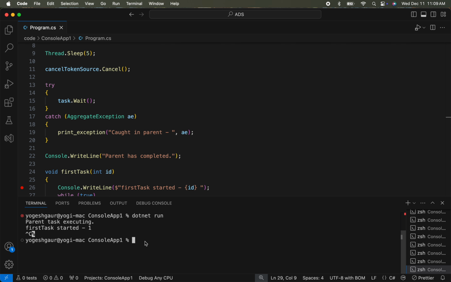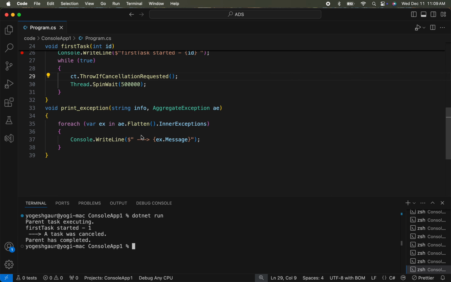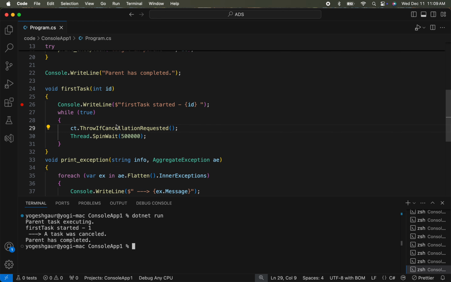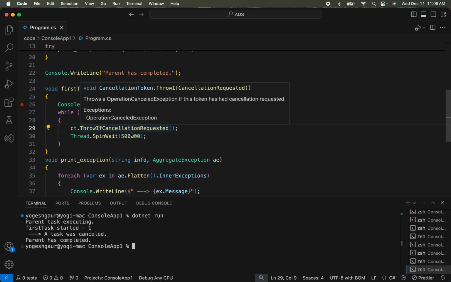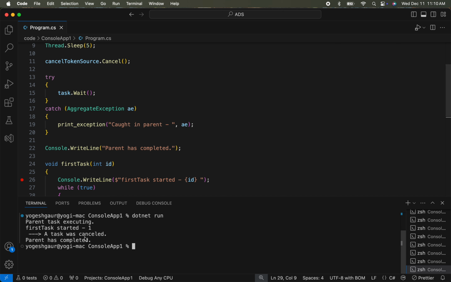So let's see how we can run this program and see the output. The output is actually going to be that it prints parent task executing, the first task started, and then we get this: A task was cancelled. And the printout is coming because we are catching that exception here. And the exception is coming because in the first task we say cancellation token ThrowIfCancellationRequested. So this is throwing an exception which is getting caught in the parent, and we are printing it. And then it says a task was cancelled and parent has completed. So that's a pretty easy way